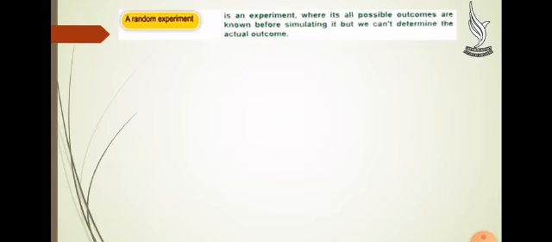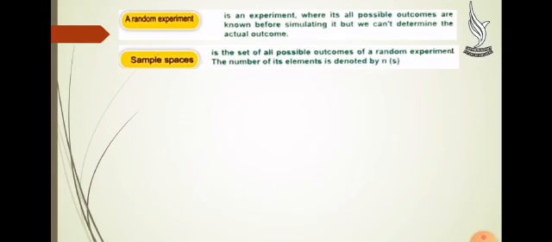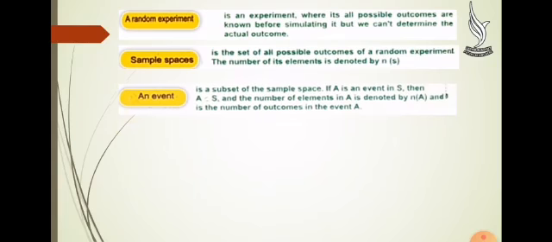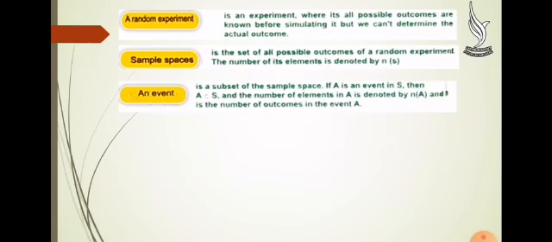A random experiment is an experiment where all its possible outcomes are known before simulating it, but we can't determine the actual outcome. Sample space is the set of all possible outcomes of a random experiment. The number of its elements is denoted by n(S). An event is a subset of the sample space. If A is an event in S, then A is a subset of S. And the number of elements in A is denoted by n(A)